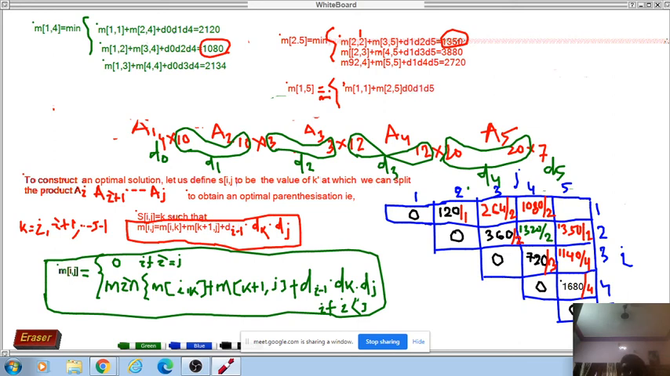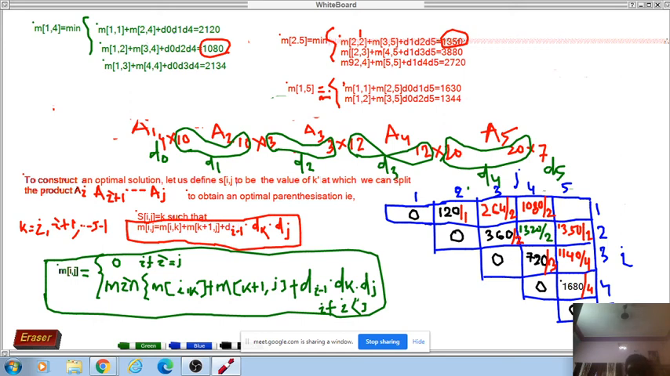That will be okay. That will be something around 1660. Next, m of 1 2, m of 3 5 which will be m of 3 5. Very nice. Then plus d0 d2 d5. Very good. That value will be something like 1344. Okay. Next,